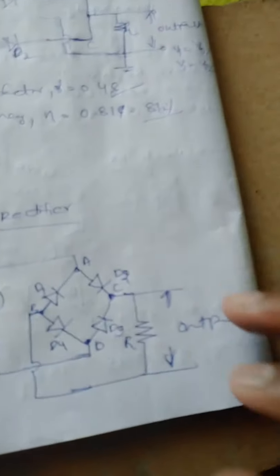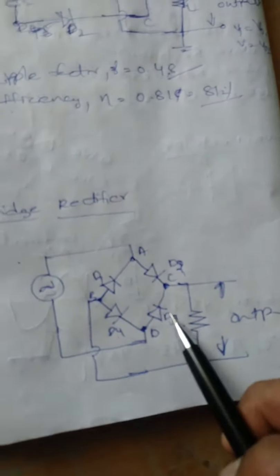Bridge rectifier. Bridge, in the sense of the Wheatstone bridge we have seen. In a Wheatstone bridge, resistance arms are connected in the form of a balancing bridge. So we will be connecting 4 diodes here. The circuit diagram will be like this: D1, D2, D3, D4.